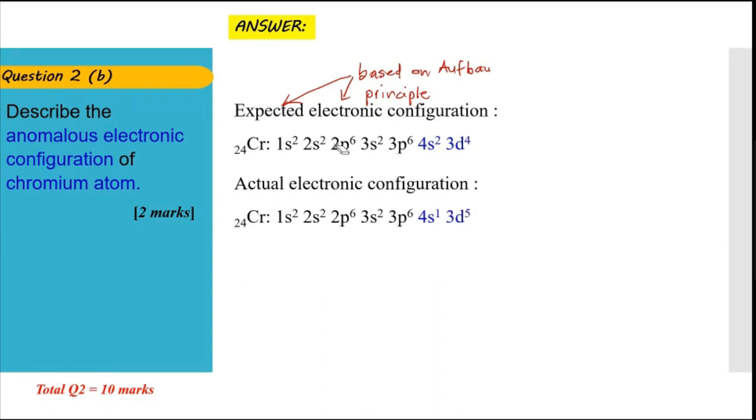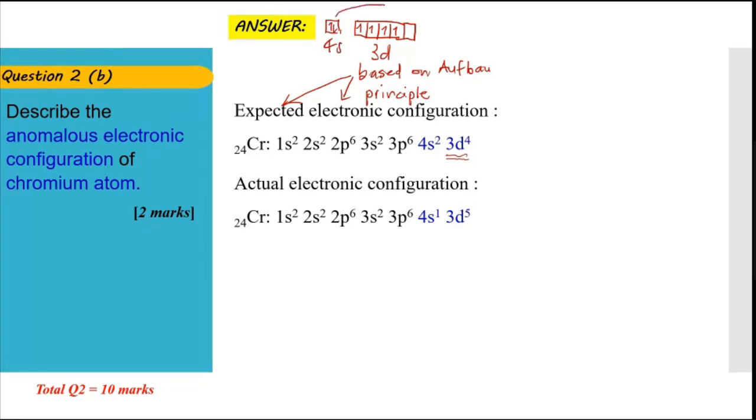So the expected one based on Aufbau shows 3d4, which is not as stable. If you sketch the energy in the orbital diagram, d has 5 orbitals: 1, 2, 3, 4, 5. 3d4 means 1, 2, 3, 4. So there's one box without an electron, or one orbital without an electron. So this is termed partially filled. If it can get one more electron, if one electron from 4s, because the 4s is fully filled,